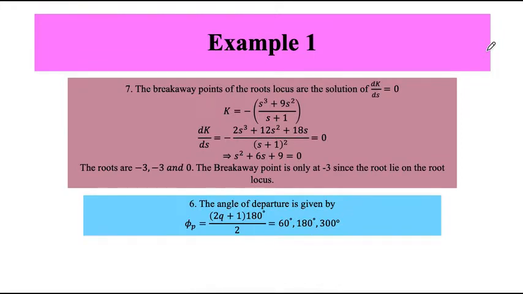Next is now the breakaway point or break-in point. If you look at the graph, I'm here having multiple roots. One pole is here, one zero is here. This is my centroid again. This is my asymptotic angle. Now for the breakaway point, I will just calculate k and then differentiate with respect to s. Then I will calculate its roots. I'm having -3 and 0 as roots of this equation, when I'm equating the differentiation of k with respect to s to 0. It's easy to compute.